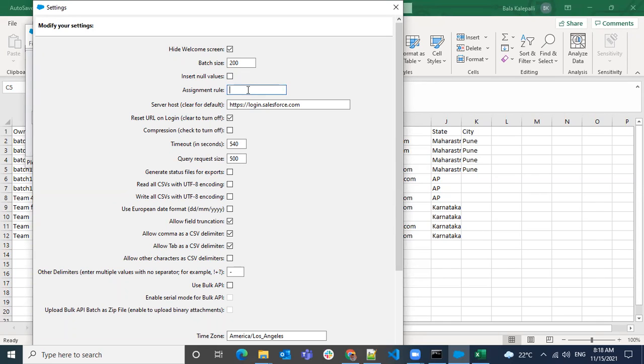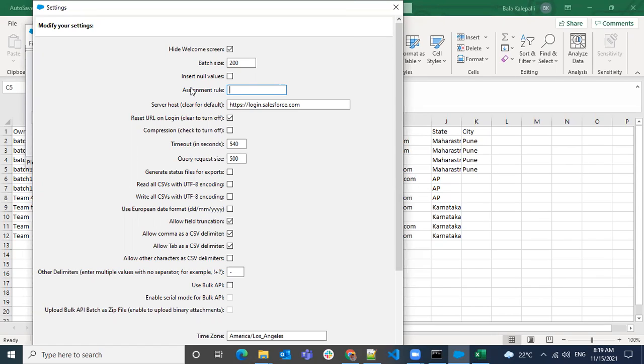And assignment rule. This will be used when you have leads and cases. When you create a lead or a case, you will have an assignment rule. There can be multiple rules on your object, and the rule will decide who will be the owner.